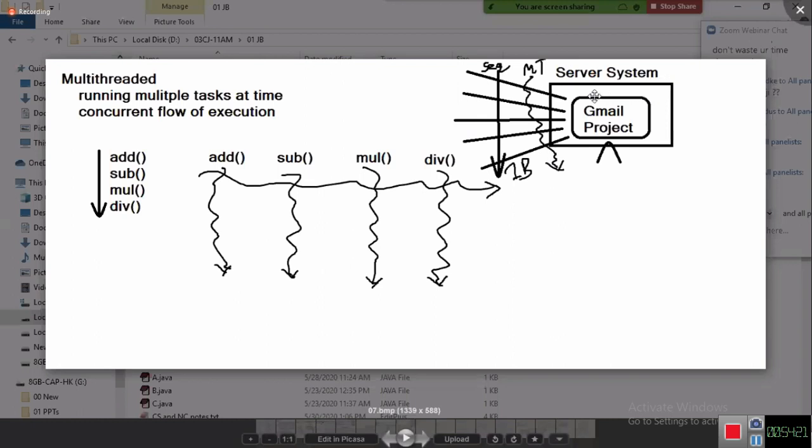In a server system, now we have a project. This project must accept multiple requests at a time. All these requests must execute simultaneously, nothing but concurrently. For that, for each request, a separate thread will be there. I give an example: one table, one servant. There are so many servants, and every table has a separate servant. The moment I go, my work is done by my servant. For example, if we have only one servant serving all the customers, then it will take a lot of time. The customer will get angry and leave.